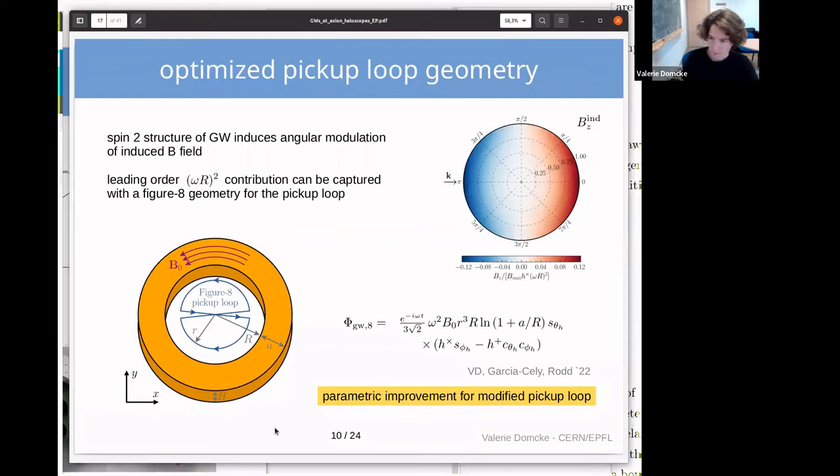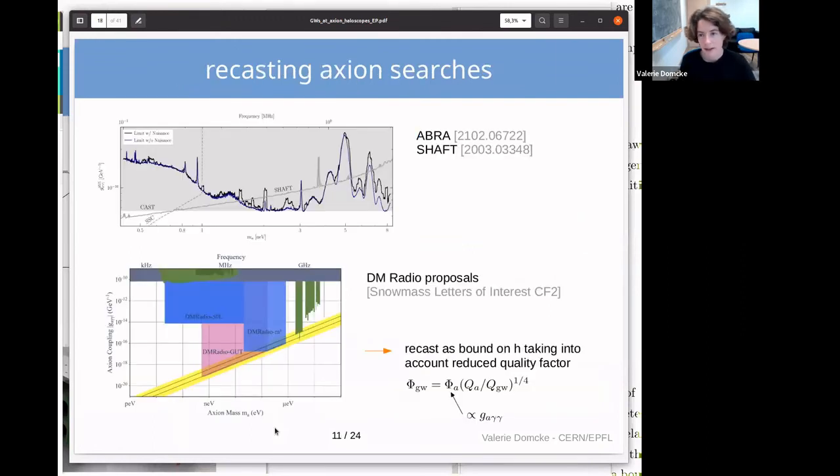Okay, so then with all this in mind, we can now take the actual data from the axion haloscope. So here's the data from ABRACADABRA in these black and blue lines, and from SHAFT in gray. And these are, as I said, bounds on g_aγγ as a function of the axion mass, but the axion mass has a one-to-one correspondence with the frequency. So basically, these are bounds on g_aγγ as a function of frequency, which now we can directly recast